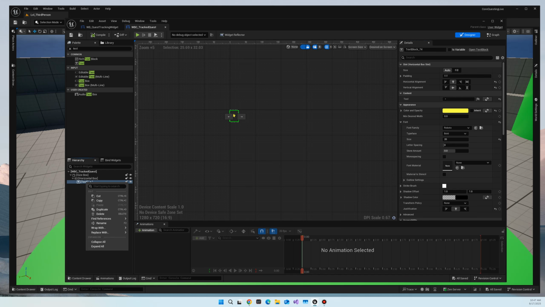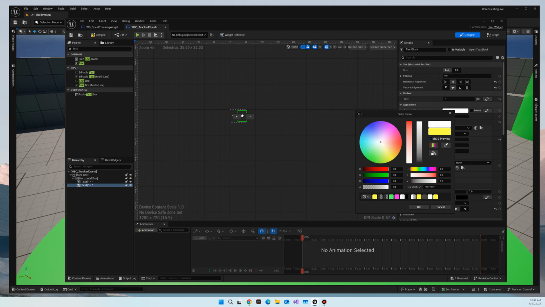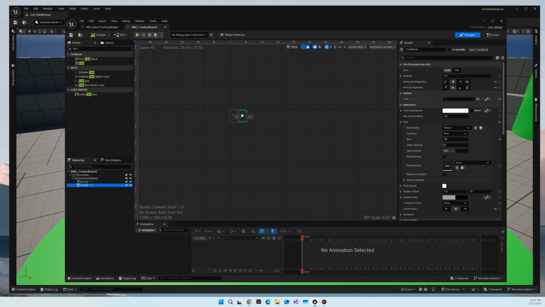Alright, and then I'm going to go ahead and just duplicate this. Since I want to keep nearly everything the same, the only difference here is I'm going to remake this white. And this is going to be the attract quest name. So, this one is just going to stay static, since there's no change there. This one though, we need to make a variable, and I'm just going to use txt